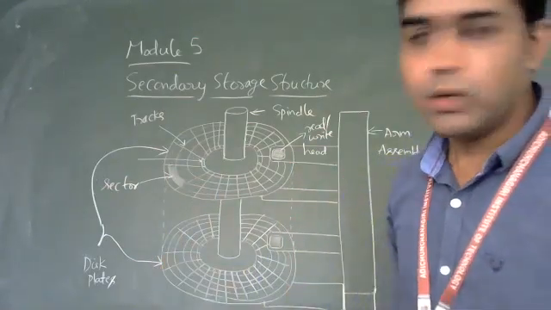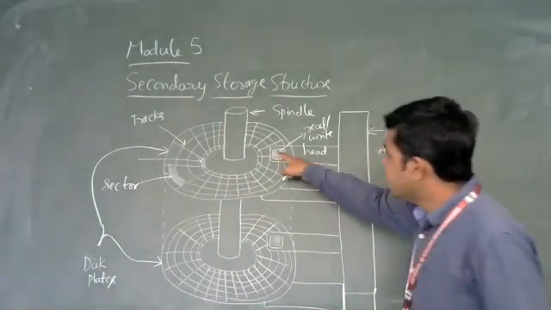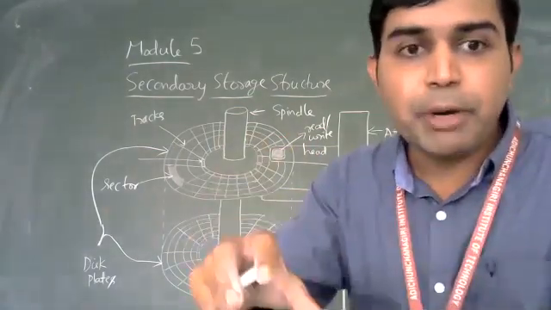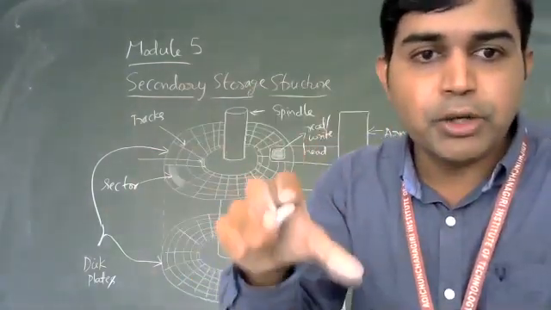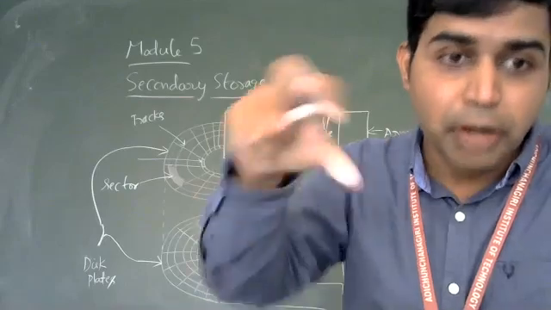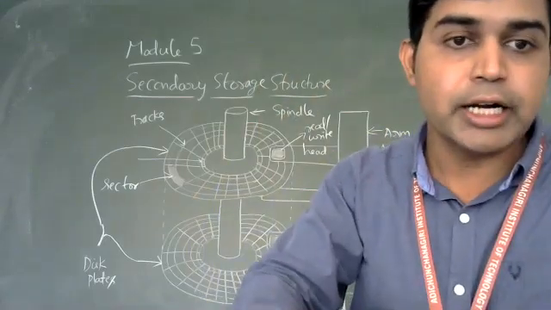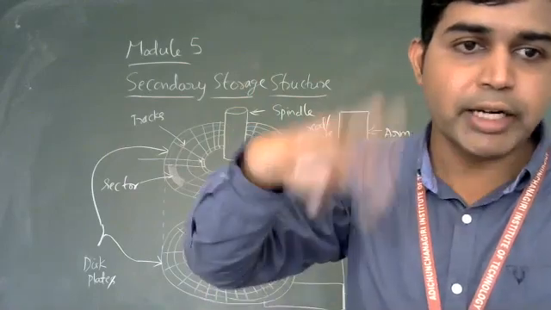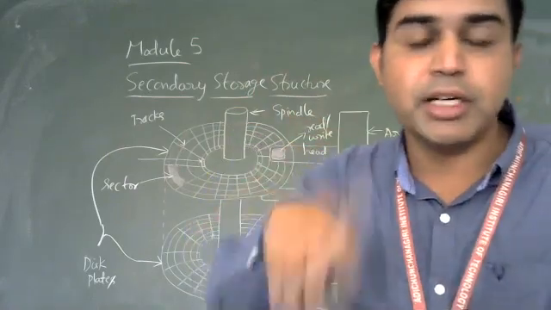So you can see here, your read-write pointer is pointing somewhere here, right? It means at that particular track and at that particular sector, it is trying to write something on your disk or it is trying to read something from the disk, whenever it touches that particular surface of the disk.